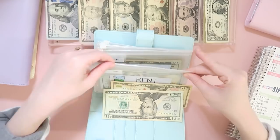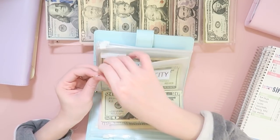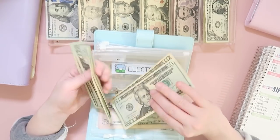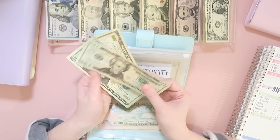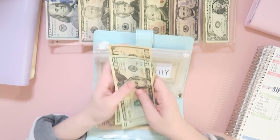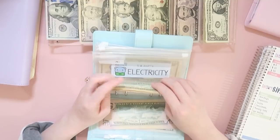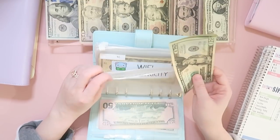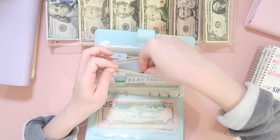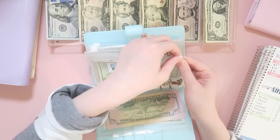And then the $30, I'm actually putting that into electricity, because even though we've only been there for like 2 or 3 weeks, we still have to pay opening and closing fees for the electricity, and I really don't know how much that'll be. So we actually have $20, $40, $60, $70 in here. So hopefully that is enough for the entire time that we've stayed there, as well as any opening and closing fees that we owe. And then if anything is over, we'll just put that into the savings,